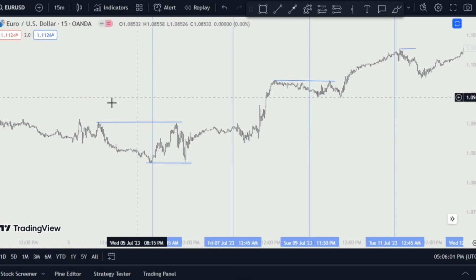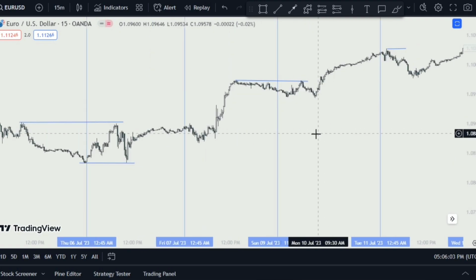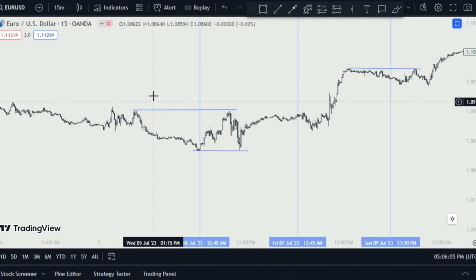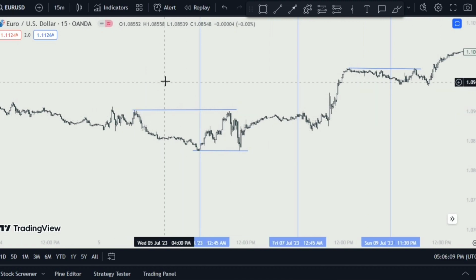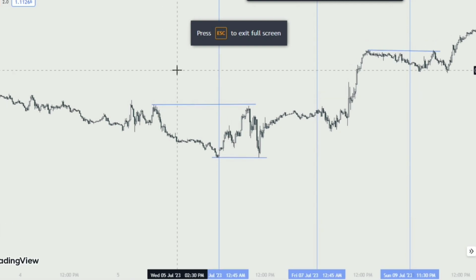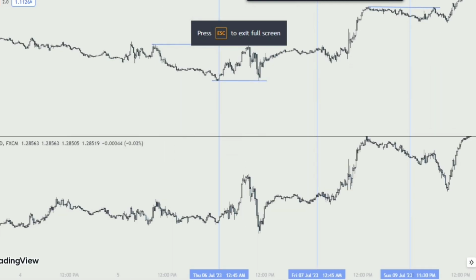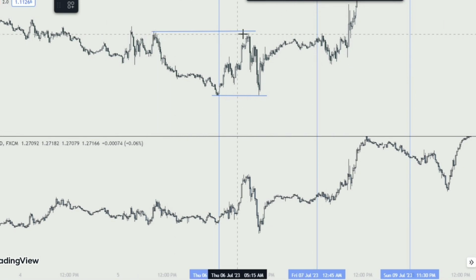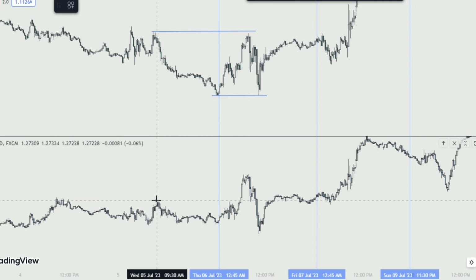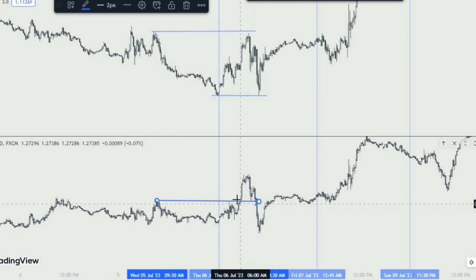So once you do it, the next step will be comparing it to the correlated pair. And in this case, the correlated pair is GBP. So let me show you. I will full screen it. So here you can see that euro didn't sweep this high. You can see that euro didn't sweep this high, but if you look at this, GBP swept this